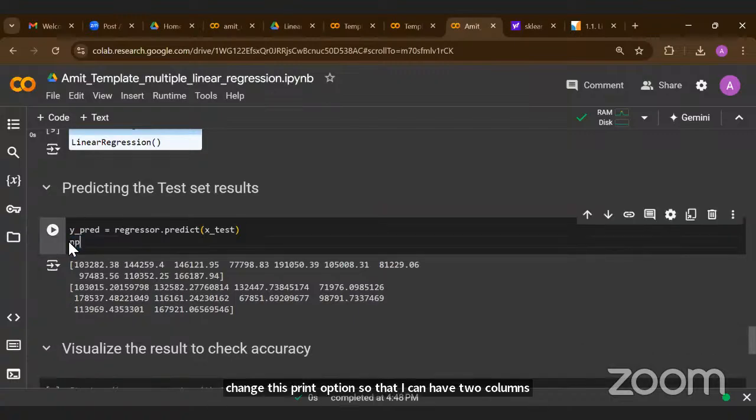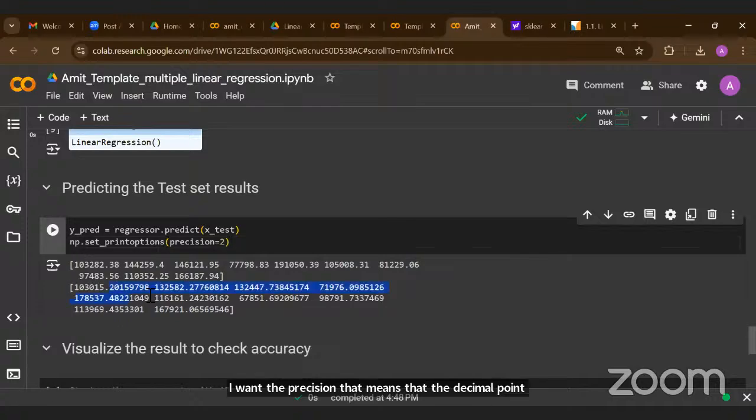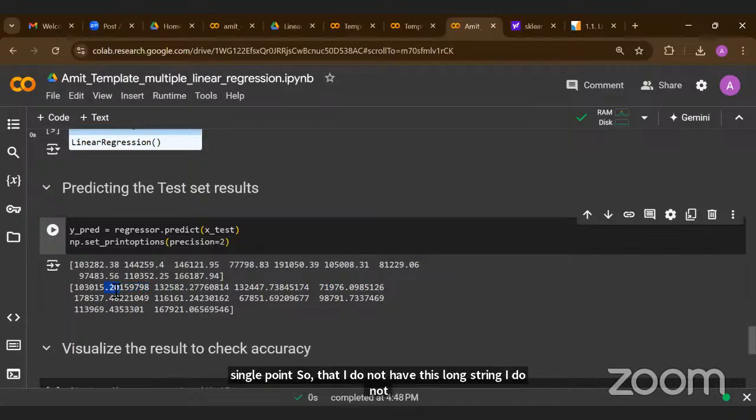So I'm using this numpy dot set print options function to set my options, and I want the precision. That means the decimal point up to 2 decimal points, so that I don't have this long string. Okay, I don't want this long string of decimals, so I need just up to 2 decimal points, because my actual output was also up to 2 decimal points. So I set print options with precision equals 2. Okay,